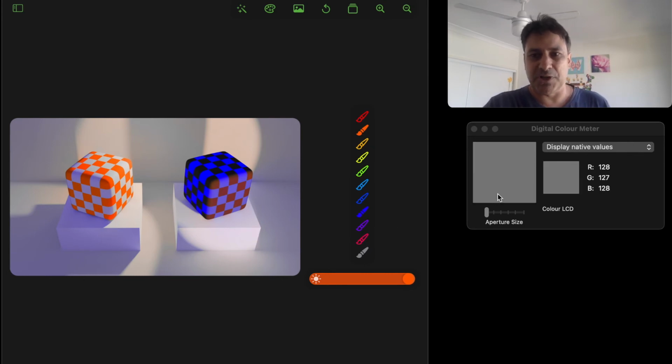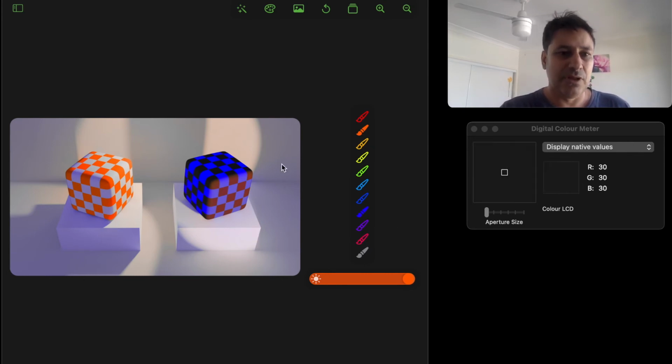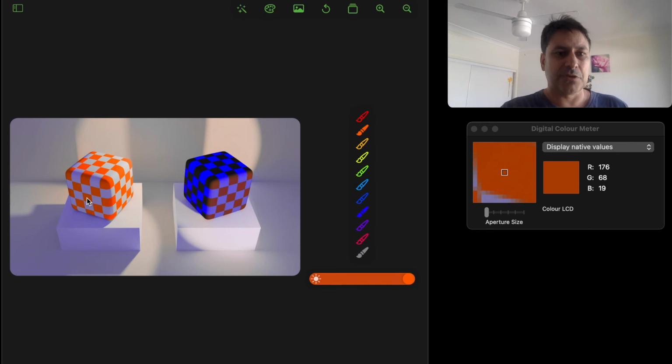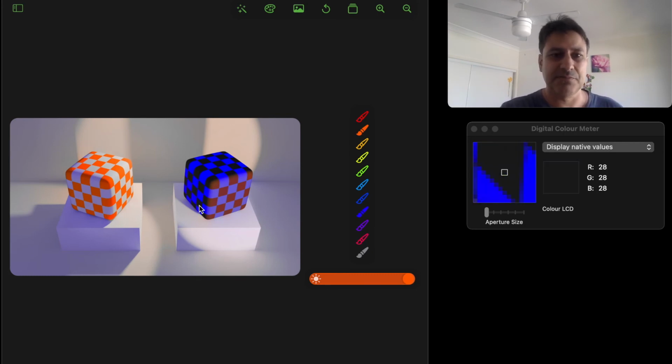Now, I can use my nifty digital color meter on the right here to compare the pixels now. Now we see on the left, the orange square appears much brighter, neon almost orange, and its RGB triplet is 176, 68, 19. But that's completely different to the RGB triplet on the brown front-facing square of the blue and brown cube, which has